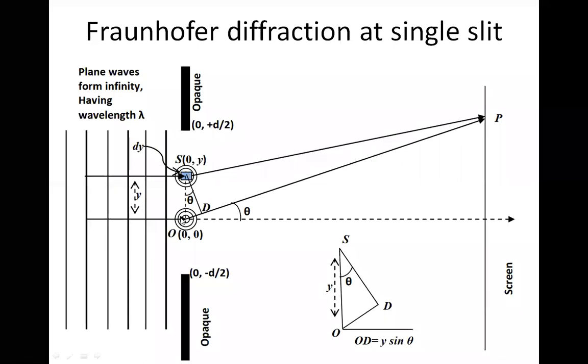Don't misunderstand that OP and SP are inclined rays as the diagram depicts. The diagram may be confusing you, but in any textbook you will find this diagram only. Actually, there is a convex lens in the middle which I have not drawn to avoid confusion. Actually, SP and OP are parallel rays. I repeat, SP and OP are parallel rays. They are not converging rays. Unless you use a lens here, they won't come to point P. So that part is different. Anyway, from S I am getting a spherical wave, and from O also I am getting a spherical wave, and these two waves are causing some disturbance at point P.